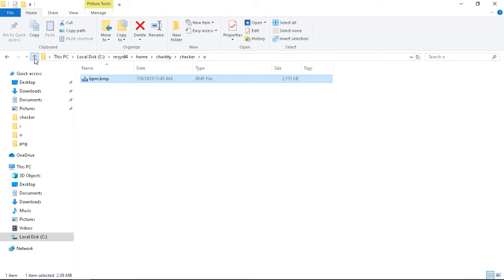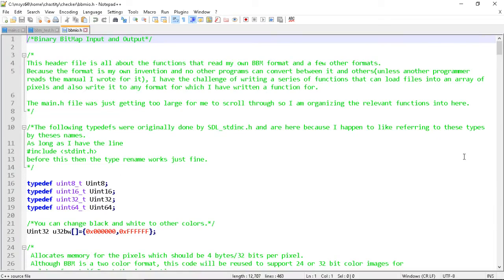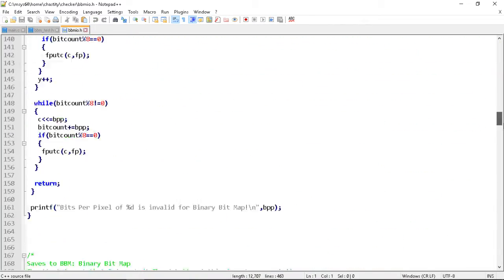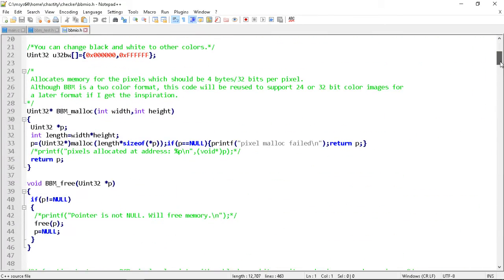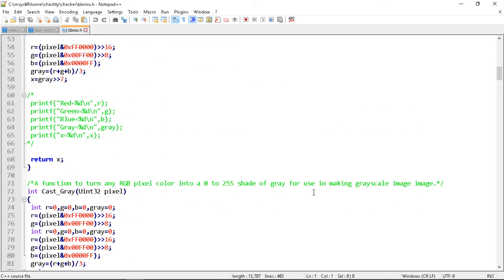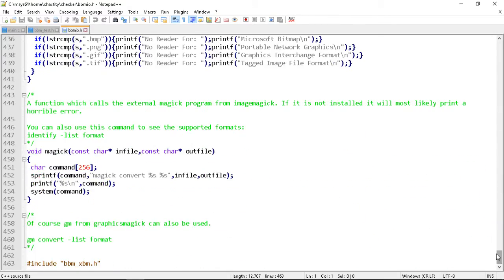So I need to go back to some of the source files to briefly show you how it's working. So first of all, in the BBM IO file. See, only I know which file contains what. The BBM IO file here has all these various functions. They all do various things. I wrote them all. They're beautiful, but they need some cleaning up. But near the end of this function, I have